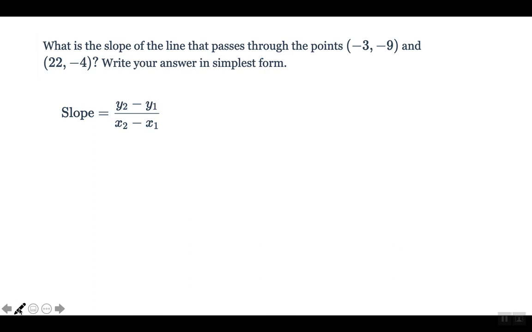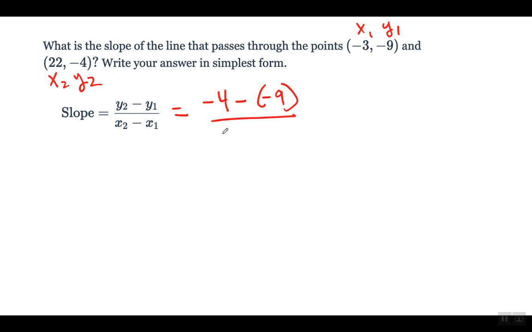All right, let's do this one. All right, so I'm going to label them x1, y1. So I substitute, so it's going to be negative 4 minus negative 9 on the top, and on the bottom 22 minus negative 3. The two negatives become a positive,